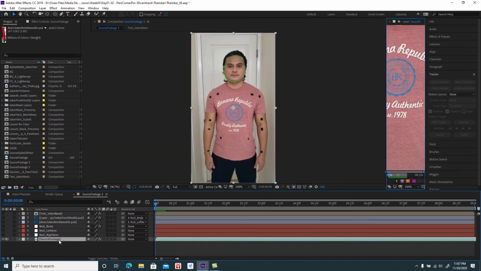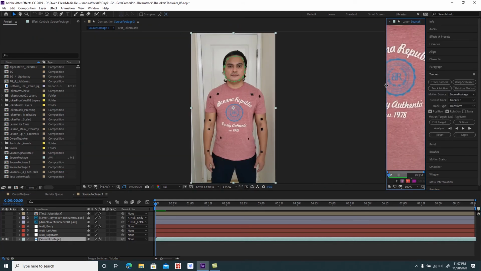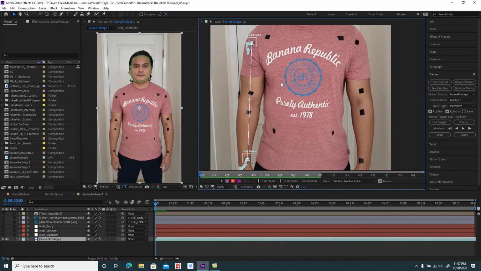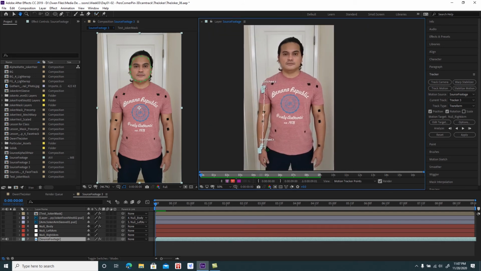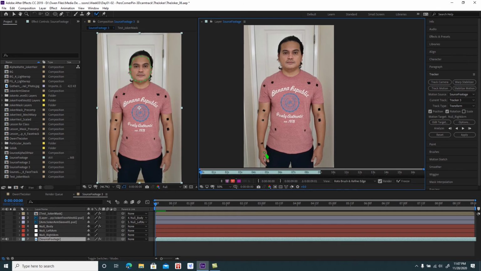You could double click on the footage, takes you to layer, and you could click on the Roto Brush, and what it does is, if you left click and just draw,